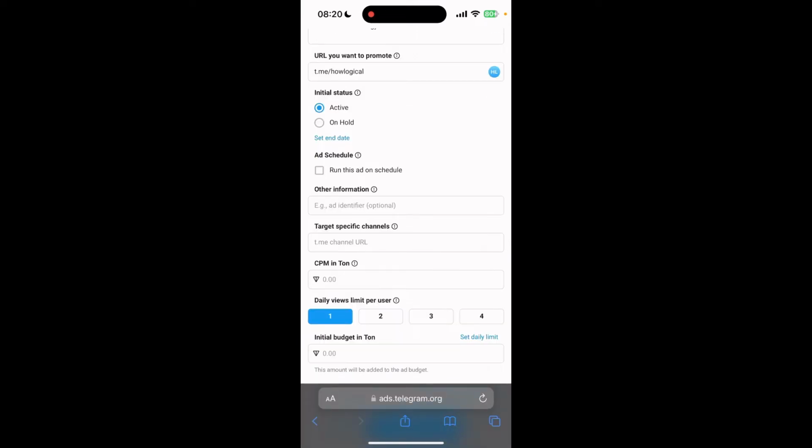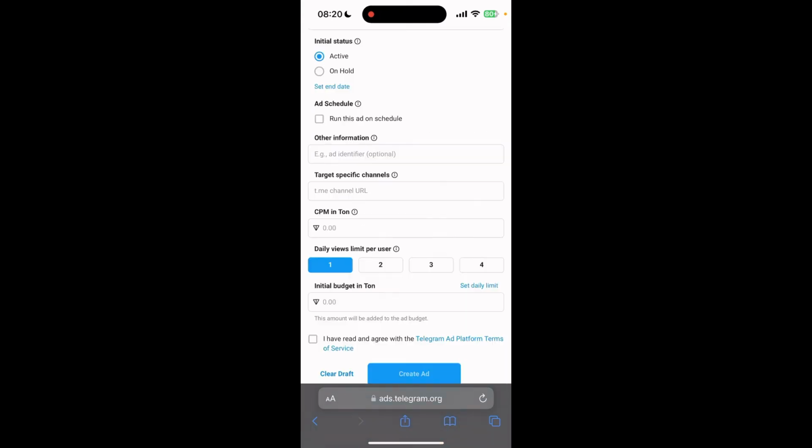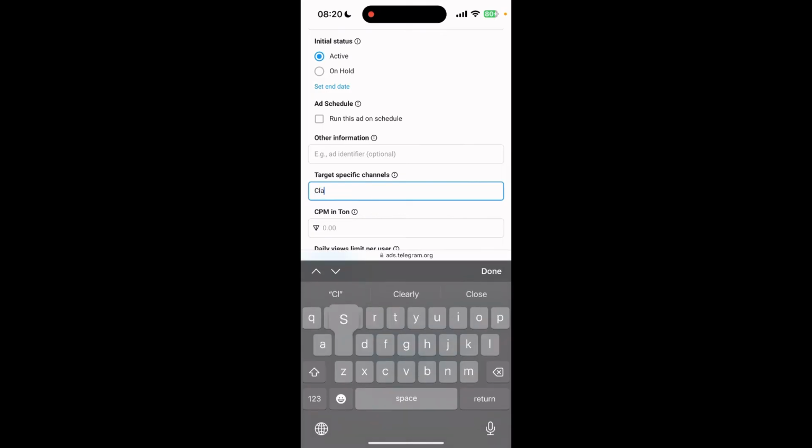Also, you can even schedule your ad to run at a specific date or time. In this target specific channels, if you want to target users of some specific channel, you can add here as well. For example,